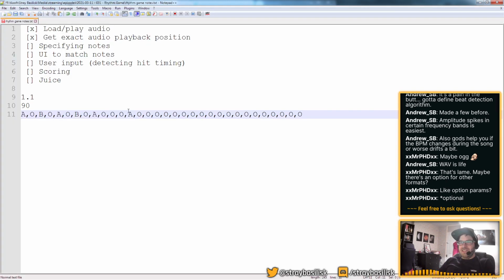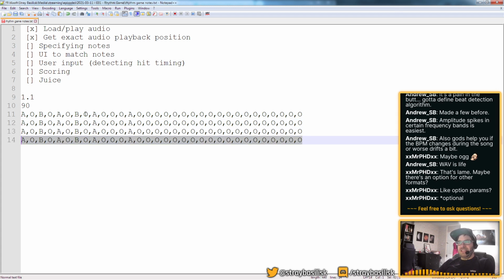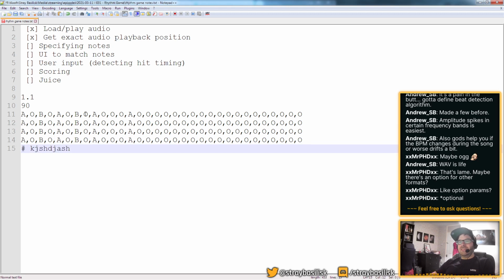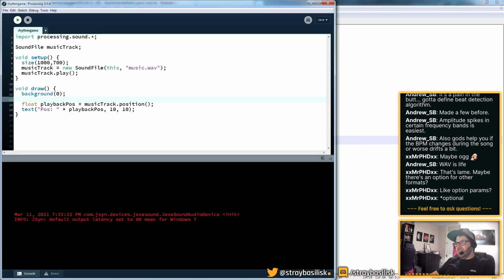But actually now looking at this, I think this honestly might be fine. If this is a bar, then I can repeat these easily enough. If we let ourselves have a system of comments, then I can have sections of the song. I feel like this is reasonable. I feel like this is an acceptable way to lay out all these notes, I should say. So let's think about